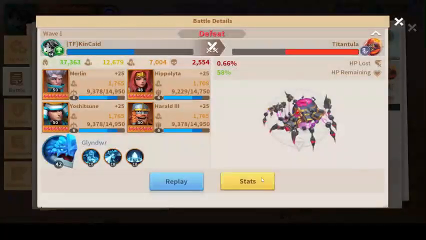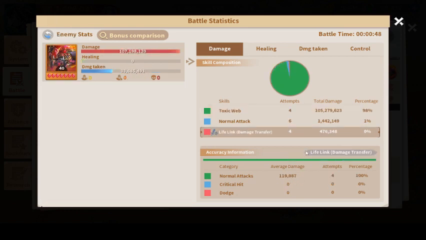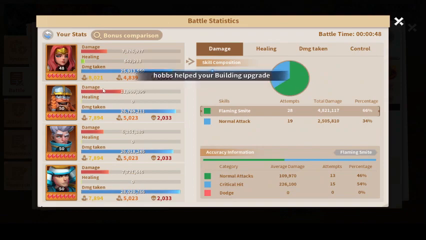Now, as you can see here, the lifelink and absolute defense combo almost did nothing this fight. The lifelink almost reflected only 400k damage, so it didn't proc this fight. However, I dealt enough damage to get the maximum amount of justice points that could be gotten from one fight. So the build does not count 100% on the